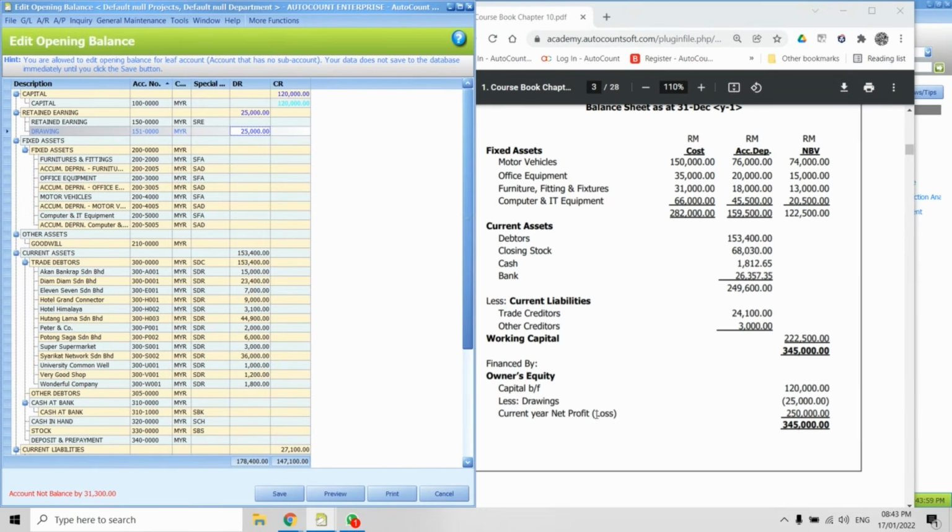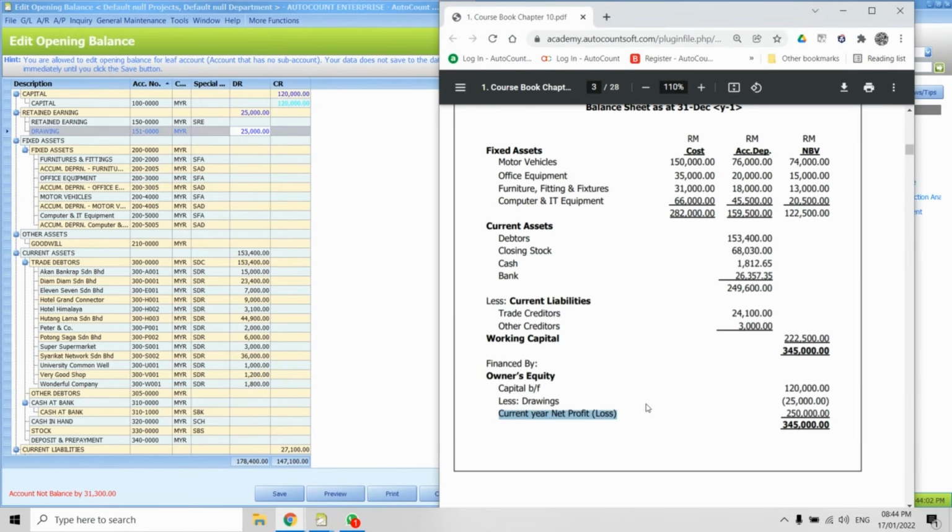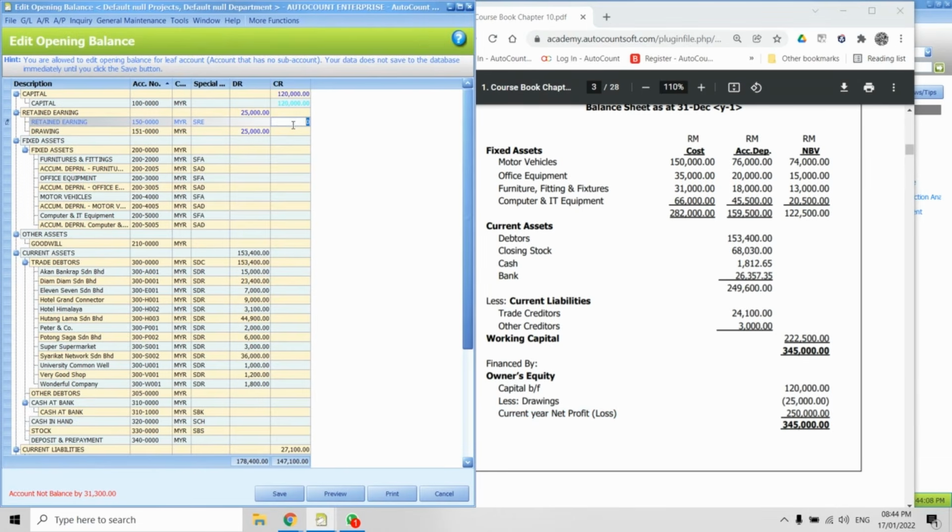Retained earning is this one. Your current year net profit and loss is your retained earning. The amount is 250,000. And your motor vehicle, same, because previously in chapter 3, most probably you still remember the method is put